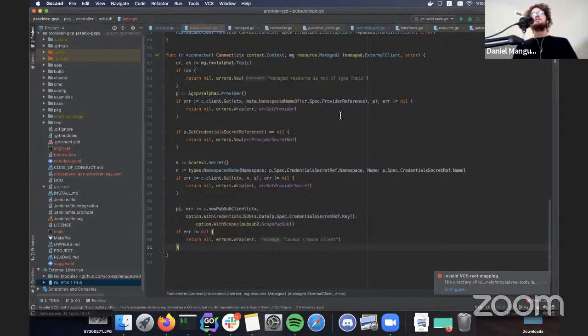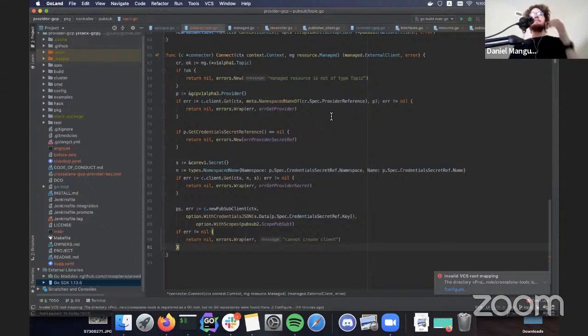So what we need to do first is use the provider ref on the topic, go get that provider object, and then on that provider object, which is kind of like your vehicle for having credentials, we're going to get the secret reference where you stored your actual credentials. So it looks different for different cloud providers.